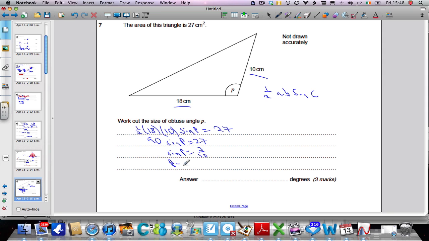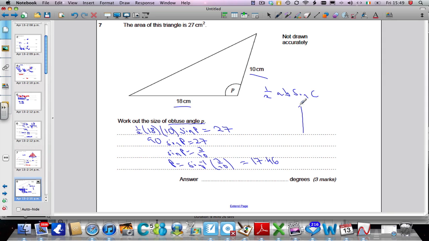So P is going to be the inverse sine of 3 over 10. When we do that, let's take the inverse sine of 3 over 10. We get 17.46. Now, we were asked for an obtuse angle, so 17.46 is obviously not obtuse, but if you think about the sine graph,